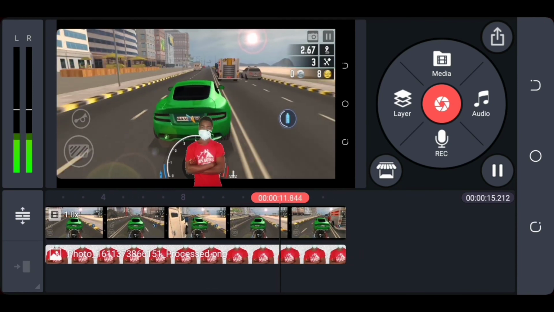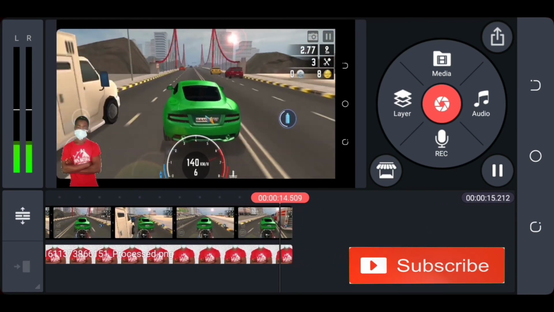So with this you can make your photo move on the screen of your video like